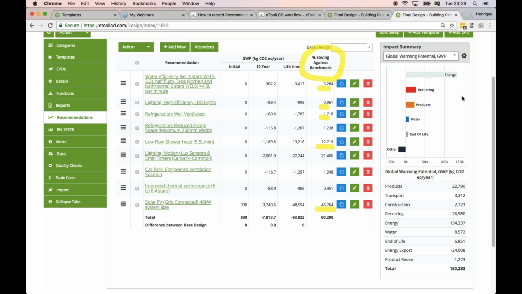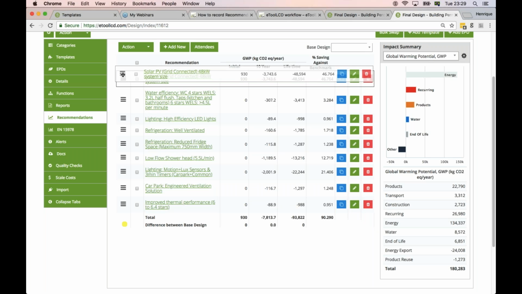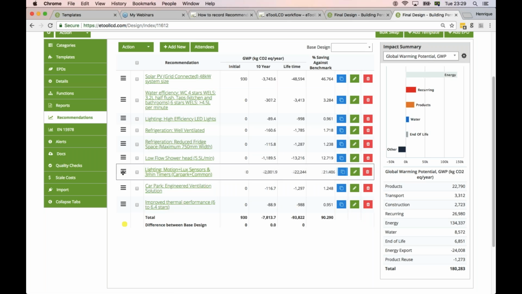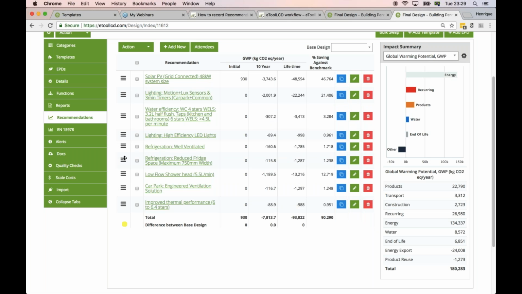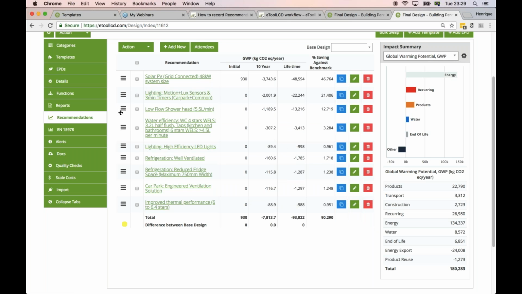So this is useful for you to first model and quantify the improvement of each strategy, but then you can classify them, you can rank them, or you can just order them in order of highest savings. So you put the highest savings, the most relevant ones, on top. So you go through them in more details, and if you've got time or resources, you can then discuss the